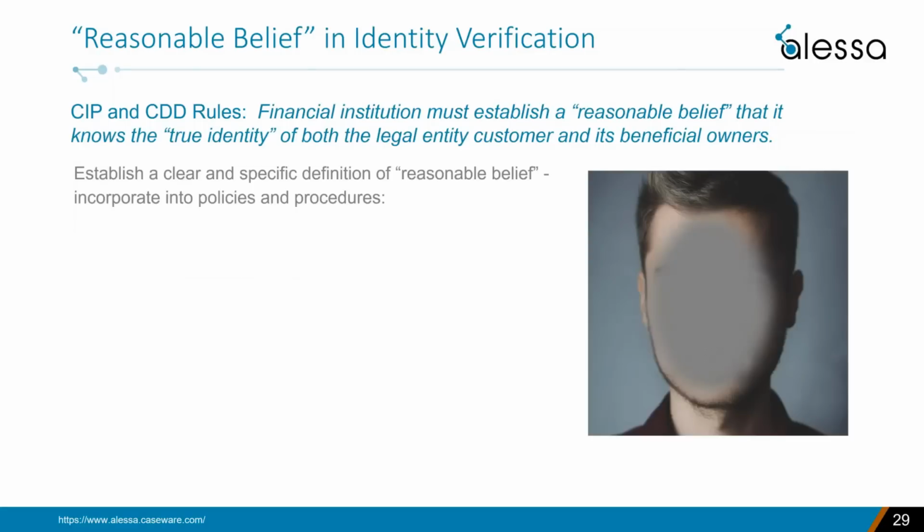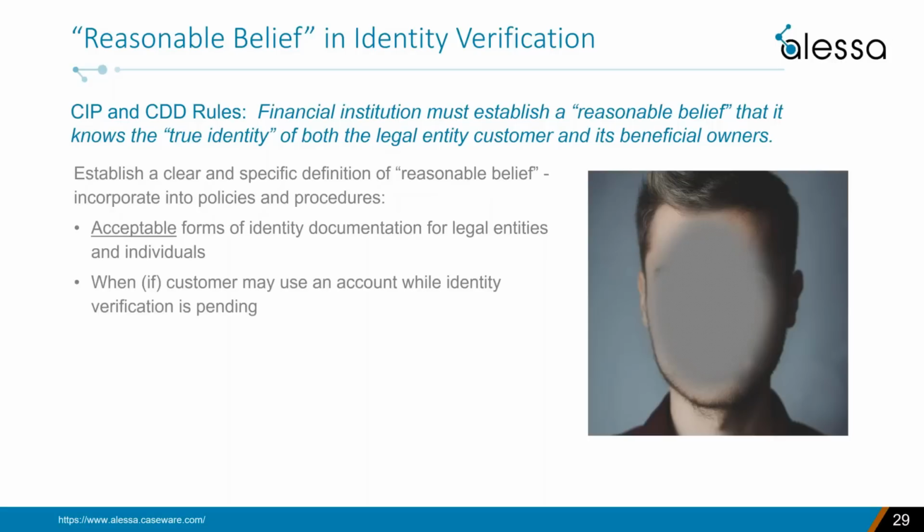So for our final topic today, I want to talk about the concept of reasonable belief in identity verification. The CIP and the CDD rules both state that a financial institution must establish a reasonable belief that it knows the true identity of both the legal entity customer and its beneficial owners. You'll want to be sure that you've established a clear and specific definition of reasonable belief and incorporate this into your policies and procedures, such as what will you consider to be acceptable forms of identity documentation for both a legal entity and an individual, when or if you'll allow your customer to start using a new account while identity